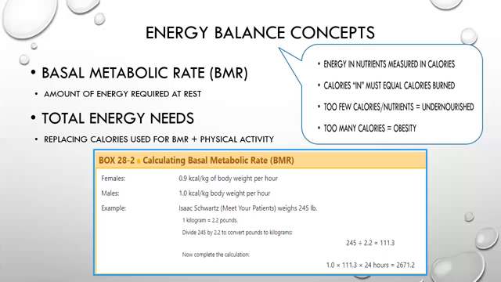Body temperature: your BMR increases 7% for each 1 degree Fahrenheit rise in body temperature. That's important for you to know. I want you to put a star by that. Your BMR increases 7% for each 1 degree Fahrenheit rise in body temperature. So that should tell you that if your patient has a fever, they are losing nutrients. It's important for them to be hydrated at that point. It's important for them to be nourished, right? 7%, that's crazy.